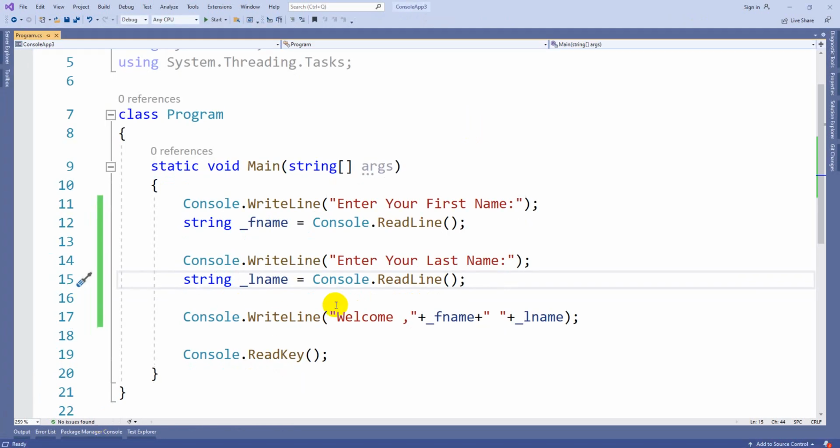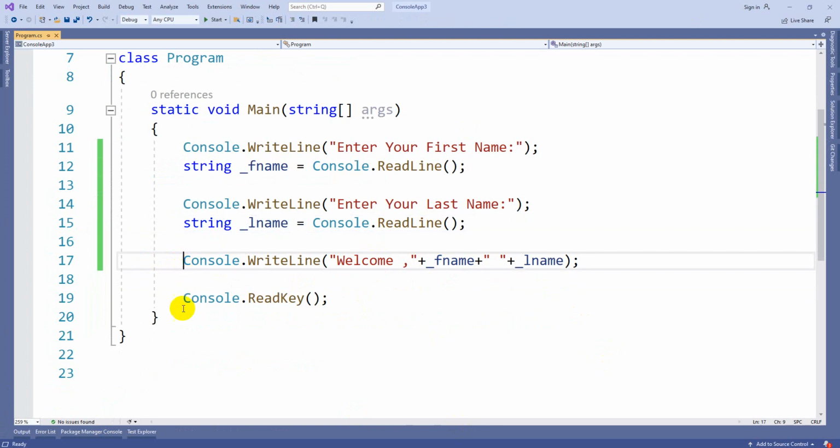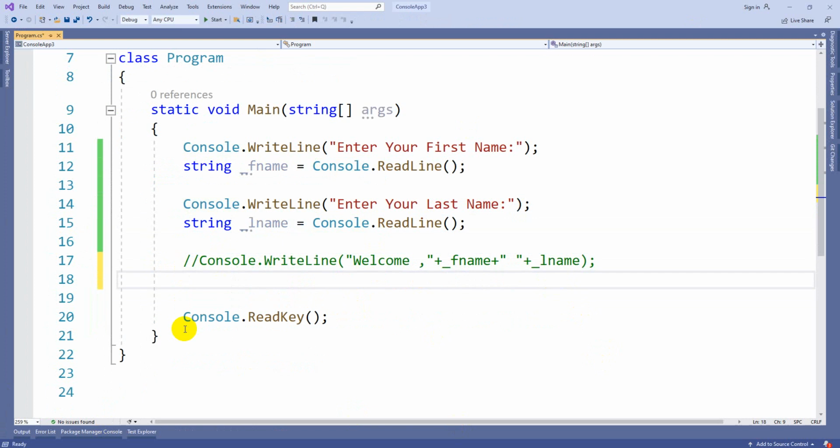Okay, so this is how you can concatenate a string, but this is the old model, and these plus symbols will make us confused. So we have two options in case you want to print such kinds of strings. We are going to use Console.WriteLine.